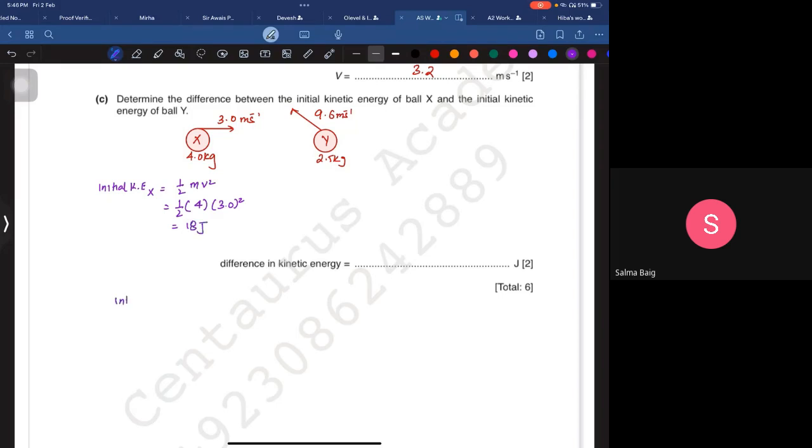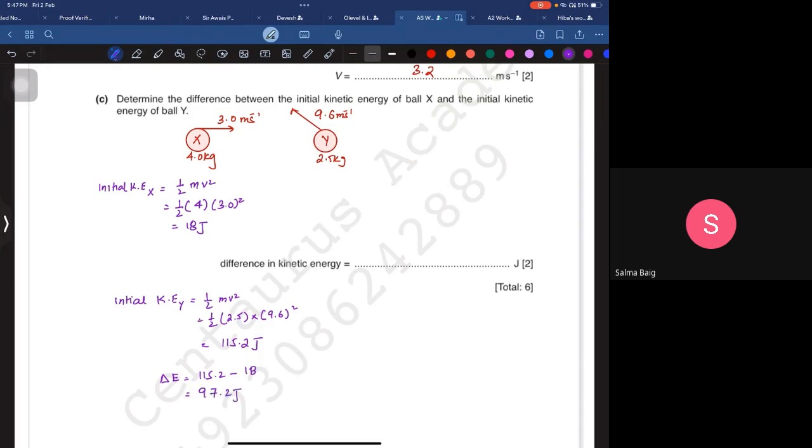Then initial kinetic energy of Y would be half times mv squared, so half times 2.5 times 9.6 whole square. That's going to be 115.2 joules. You subtract these because you're going to find the change in energy. So 115.2 minus 18 would give you something like